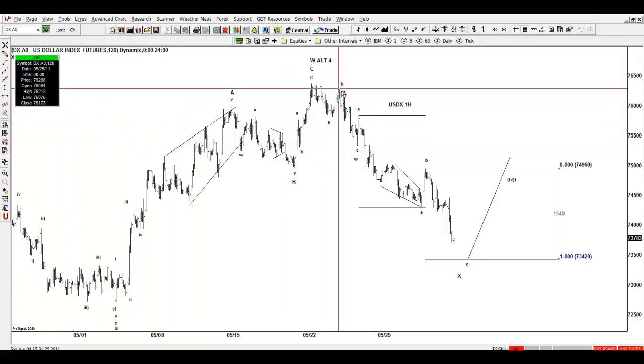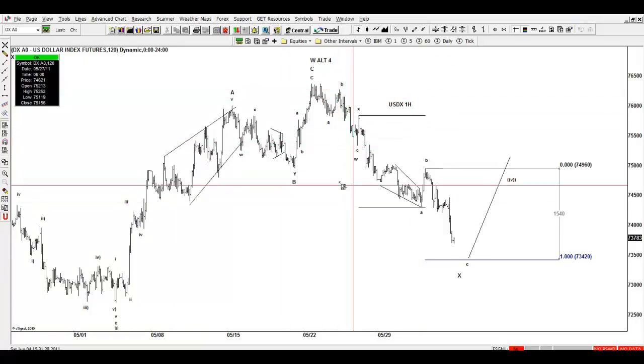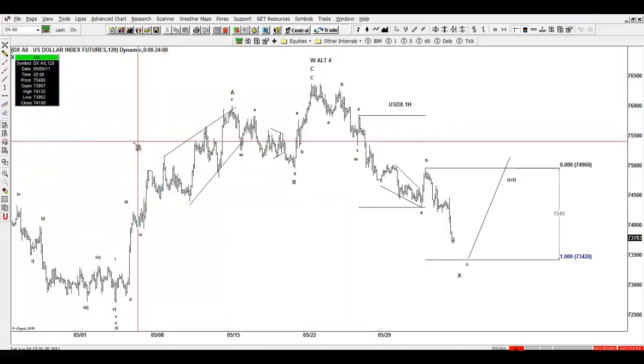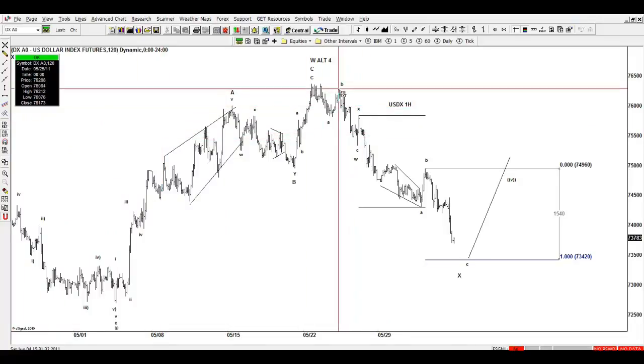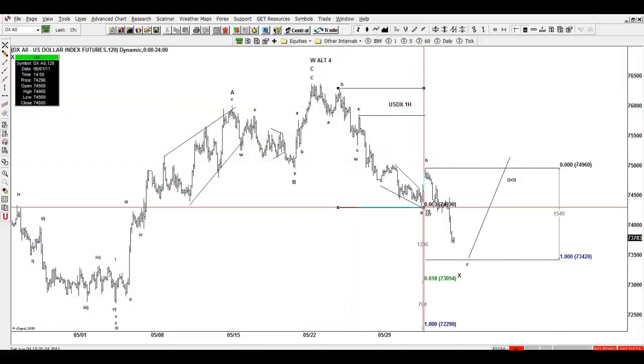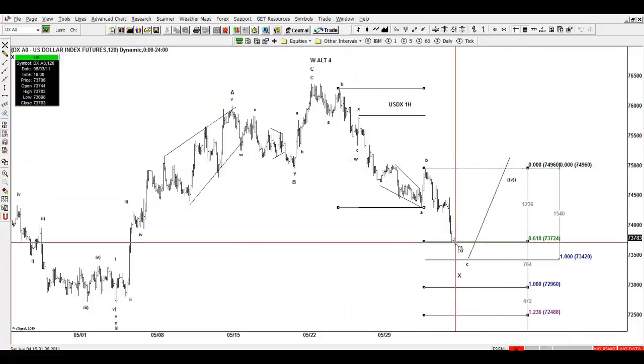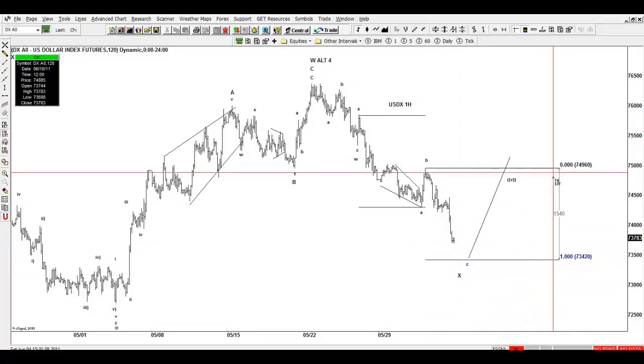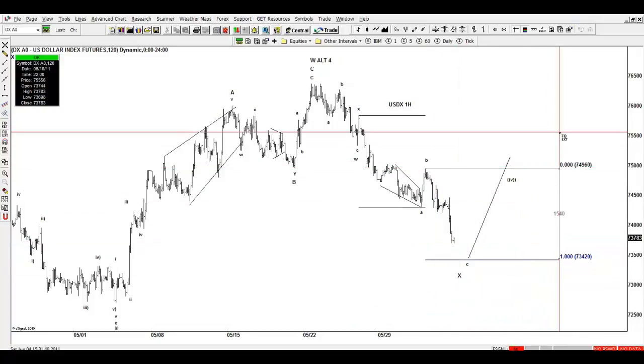If that's the case, and this is the bullish count, this should end around the 618 of this extension. That is where the market is right now. So today, guys, in conclusion, it's a typical day when you need to stay on the sidelines. You need to wait. We should know by Monday or probably Tuesday which way the dollar is going to go.